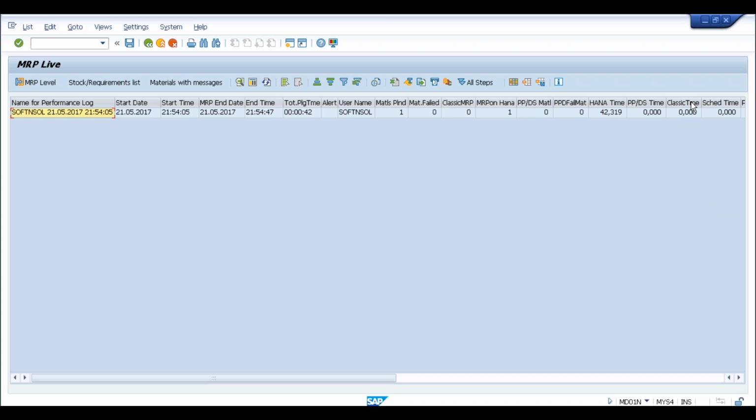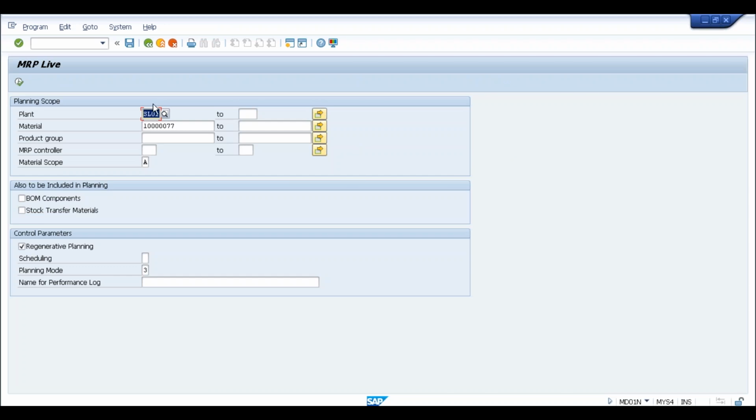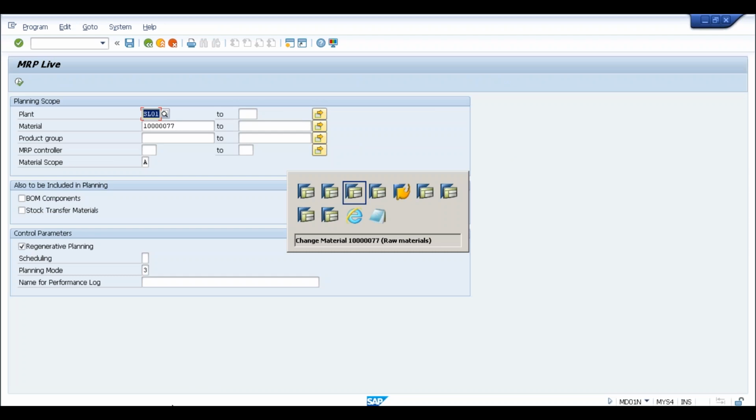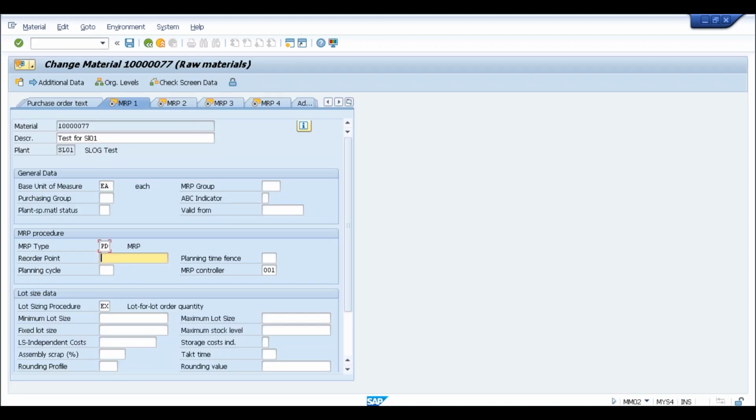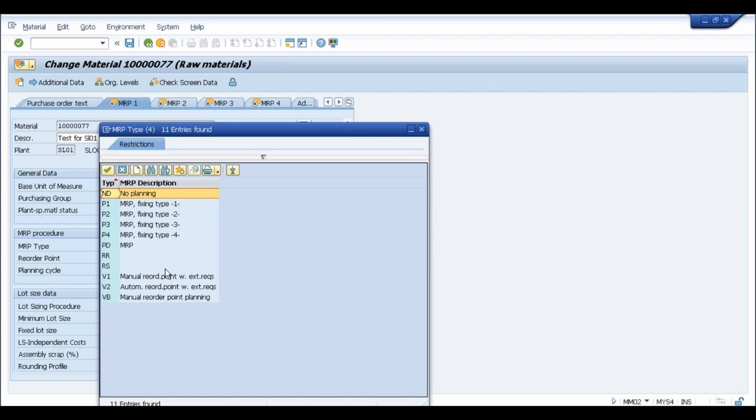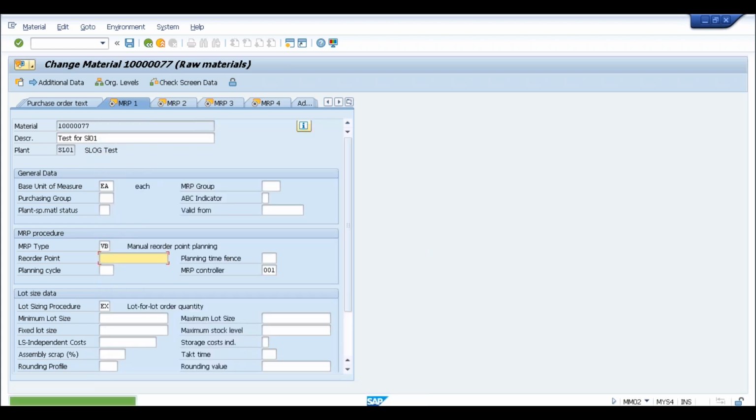Very importantly, how much time HANA has taken and how much time Classic has taken. So now one thing in your mind will be, what is this Classic then? I'm not running Classic here, I'm using MD01N. Then why is it taking Classic MRP? The reason is, if you run MD01N and for some reason that material cannot be planned using the new logic, then in the background it will automatically take the old logic. So for example, if I go to this same material, as of now, reorder point planning is not supported in MRP Live. So if I go for this manual reorder point planning,